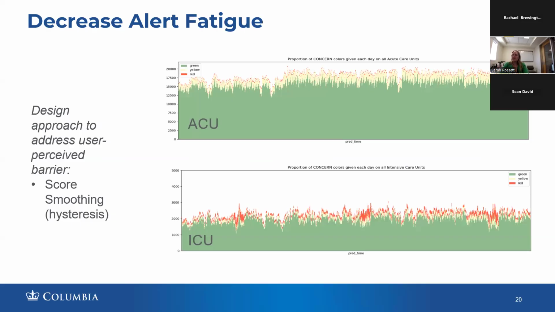We worked on decreasing alert fatigue. And so our output is red, yellow, green. And from the beginning, we were saying, okay, we are focused on increasing shared team situational awareness. We're very clear on the fact that we think the whole care team is going to know who these red patients are already. So that's not really our focus. And so we didn't want to be over alerting. And so we aimed, and we actually set some goals to have the red patients be no more than 2% of the population on the unit. The yellow patients about 20%, and then the rest green.